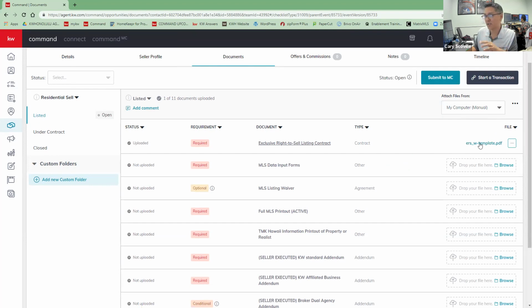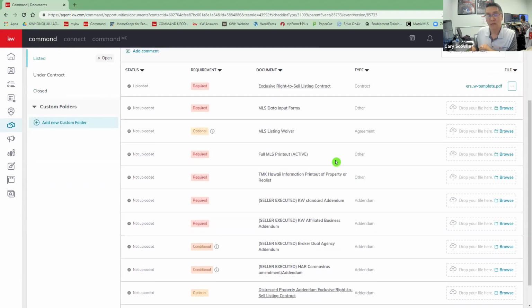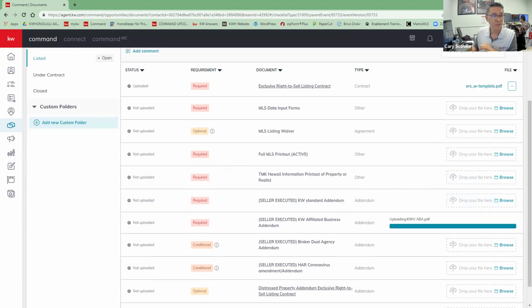Oahu peeps, on your exclusive right to sell on A11, we over disclose. So on A11, if you're using our brokerage account, you'll see standard addenda, ABA, COVID addenda, and dual addenda, because we're explaining all of that to the listing person. You've got to include those inside of your contract here, right? And then you'll do the ABA, which I've got.